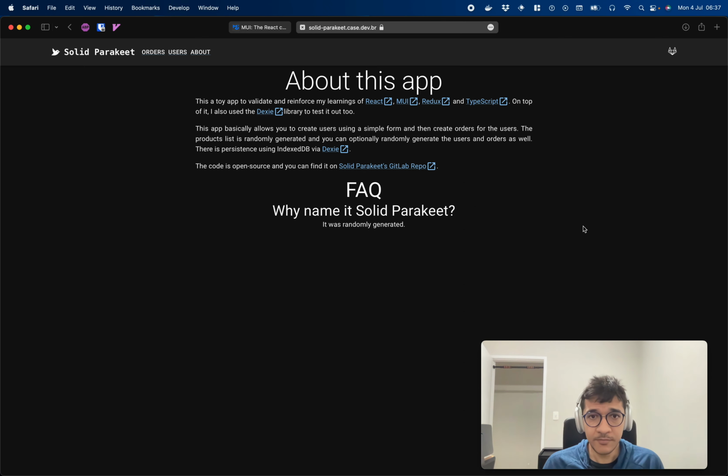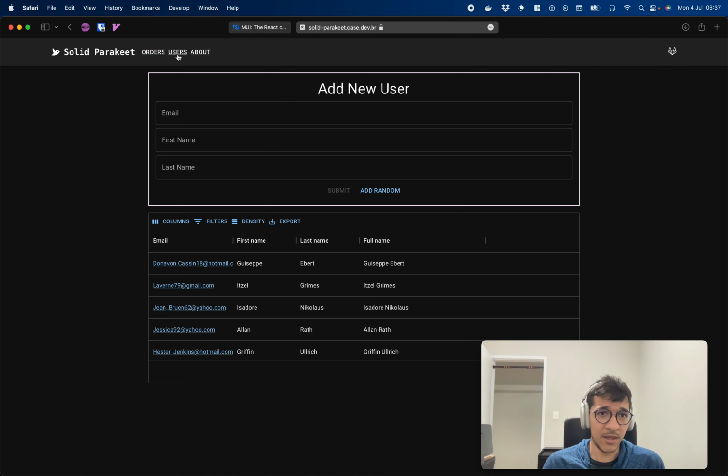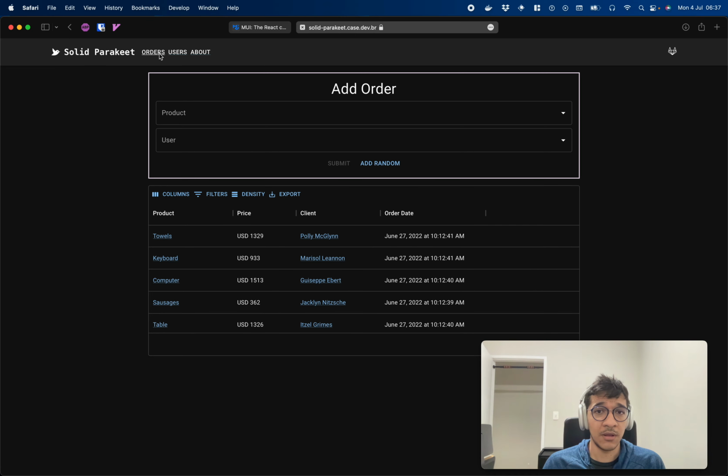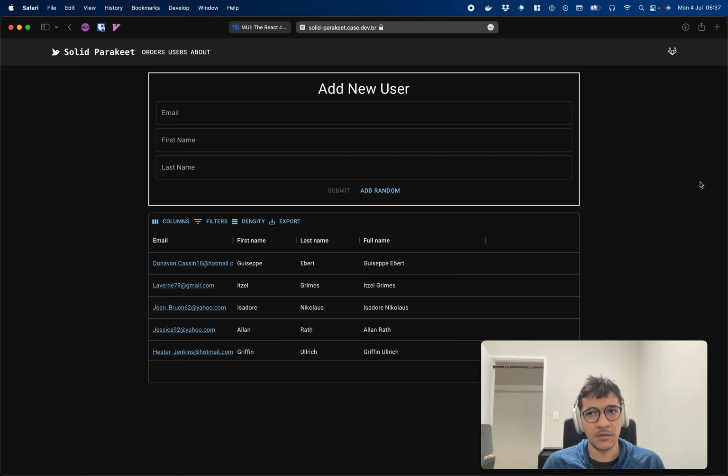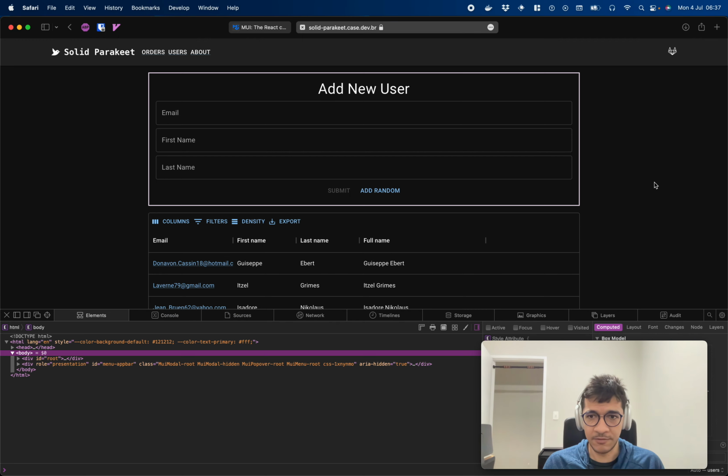So the idea here is that we have a simple app with two pages. One is a new user, the other is order. I mean, those are the main pages, right? And initially we have nothing, right? So I think I could